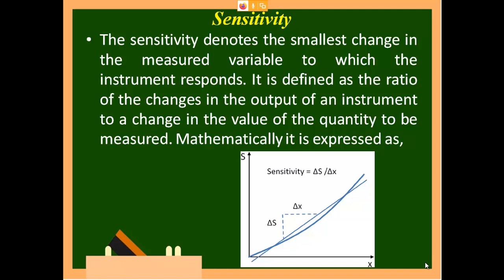I have given a value, but I am seeing whether it is responding or not. If it is not responding, then it has very low sensitivity. Whatever I give, if that particular person is going to respond, then we say he is highly sensitive. So you can see in the graph that for a change there is a small deviation, then there is a small change, again the linearity increases. So in this region